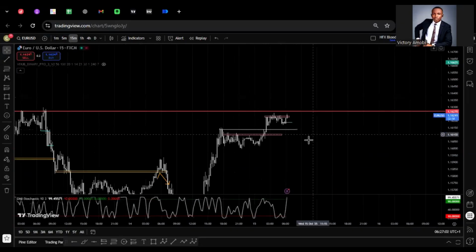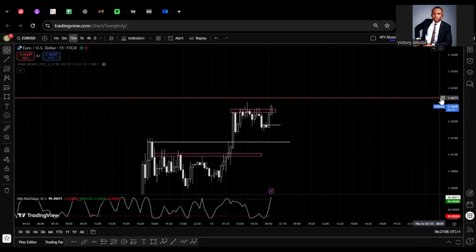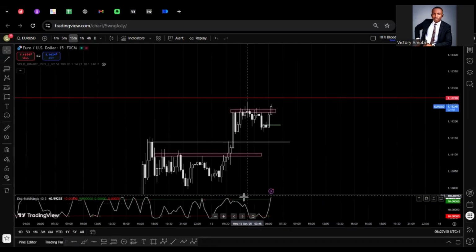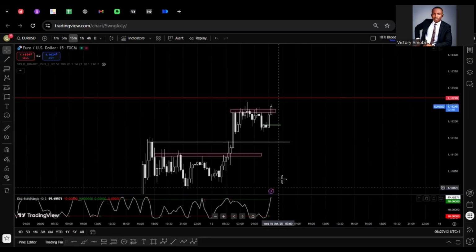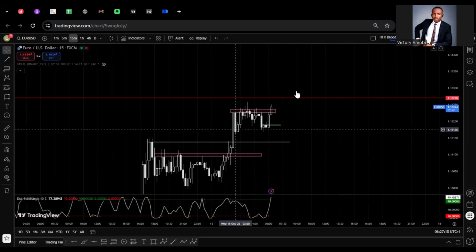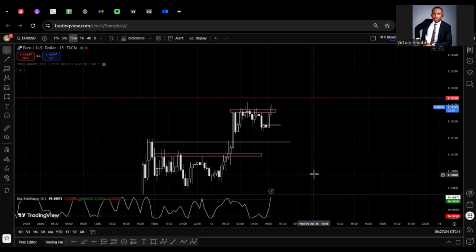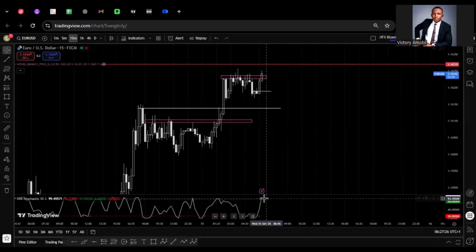I told you confluences you need, for accurate entry, aligning of course with your indicator. So now watching this, the market is ready to drop. Remember, on this chart, you are looking for buy moves only. The market is ready to drop on your 15. In fact, the best thing that can happen to you is once this RSI